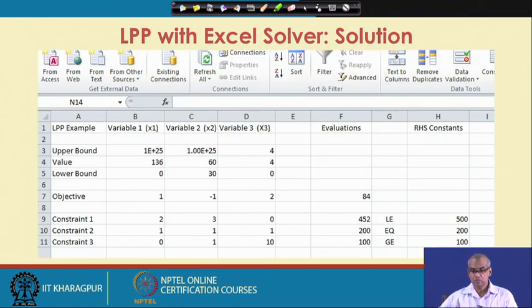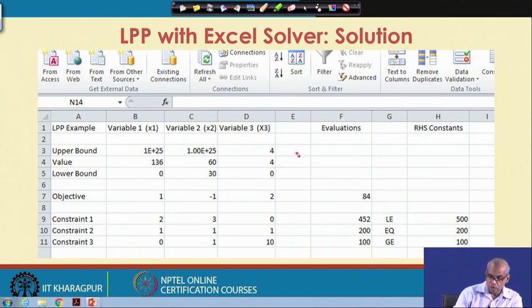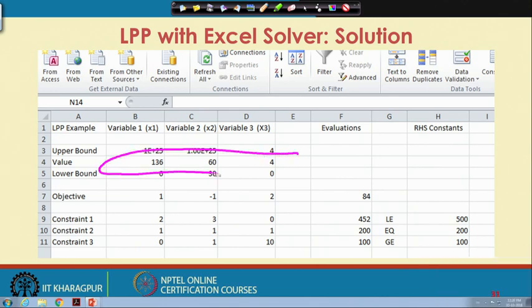A zoomed version will be clear. So, the optimal values of x1, x2 and x3 are 60 and 4 respectively. Optimal value of the objective function is 84. Note that all the constraints are satisfied. First constraint was less or equal to 500.